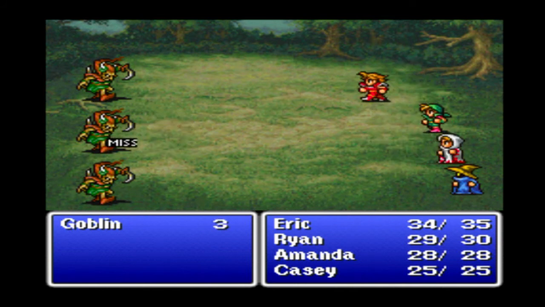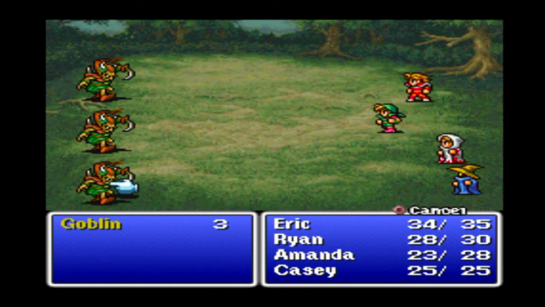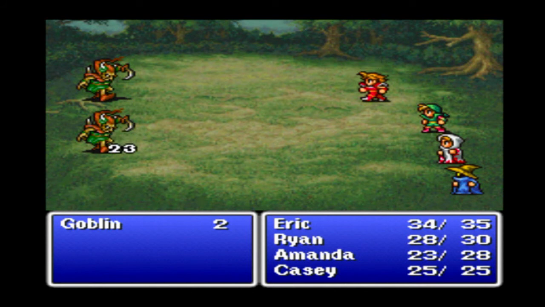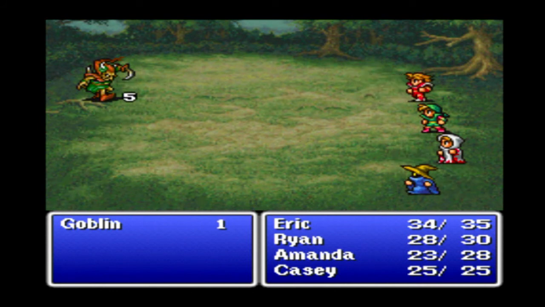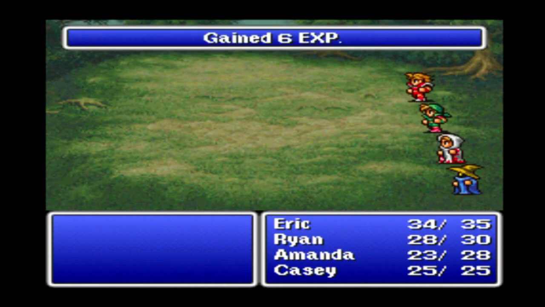So, Amanda missed, Eric missed, Casey got a hit on the goblin, and Ryan took out the other one. So now we just go. Amanda took him out, Eric got him, 5, and we finished it off. It was a team effort. 6 experience points, 24 gold,